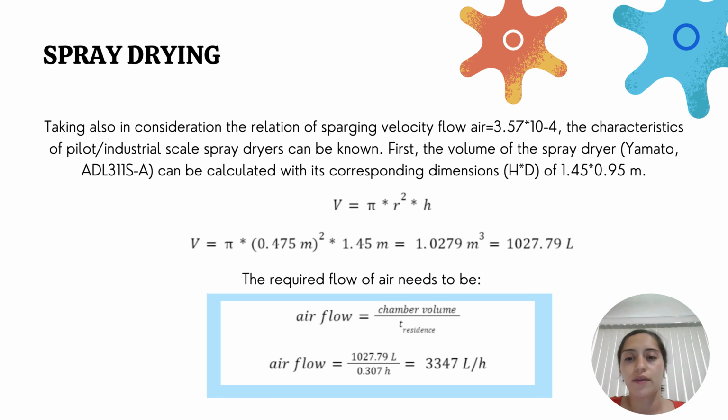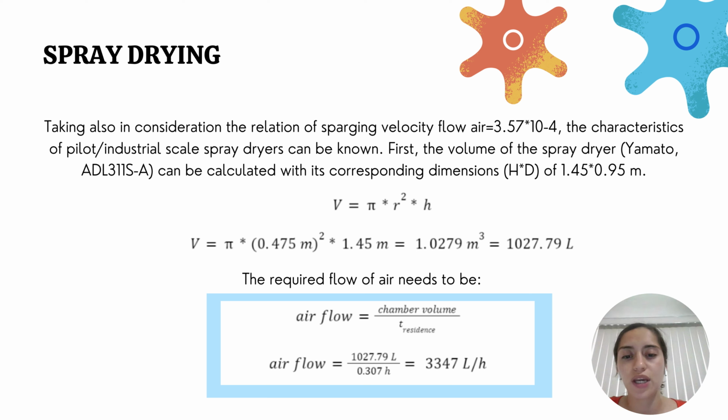We calculate a retention time of 18.22 minutes. Then, taking also into consideration the relation of the spraying velocity to the air flow, the characteristics of the industrial pilot scale spray dryer can be known. First, the volume of the spray dryer can be calculated with the corresponding dimensions. We obtain a volume of 127.79 liters, and then the required air flow can be calculated by the chamber volume divided by the time of